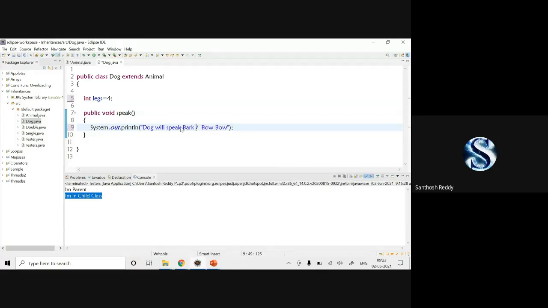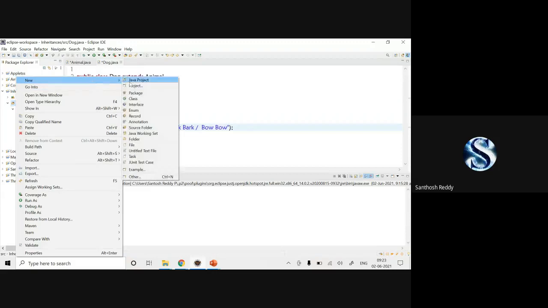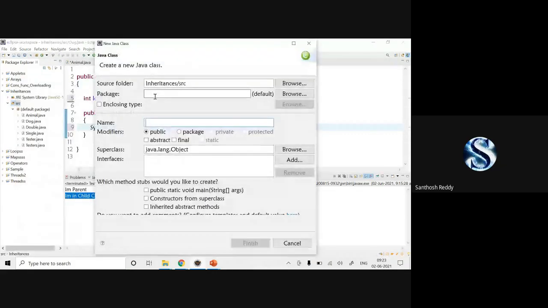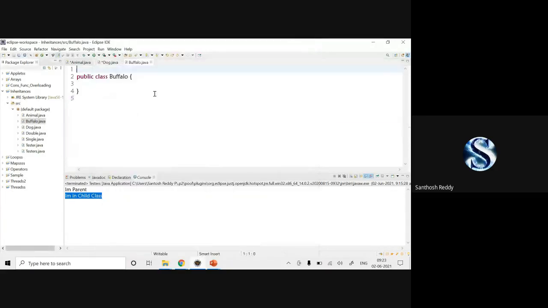Now I'm going to create another animal which is called buffalo. I'll create a class buffalo and click finish. Now here, how will buffalo speak?